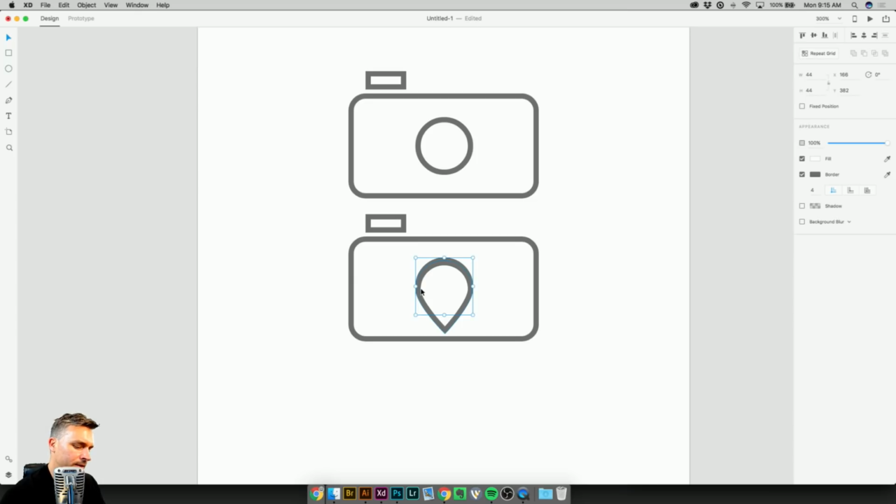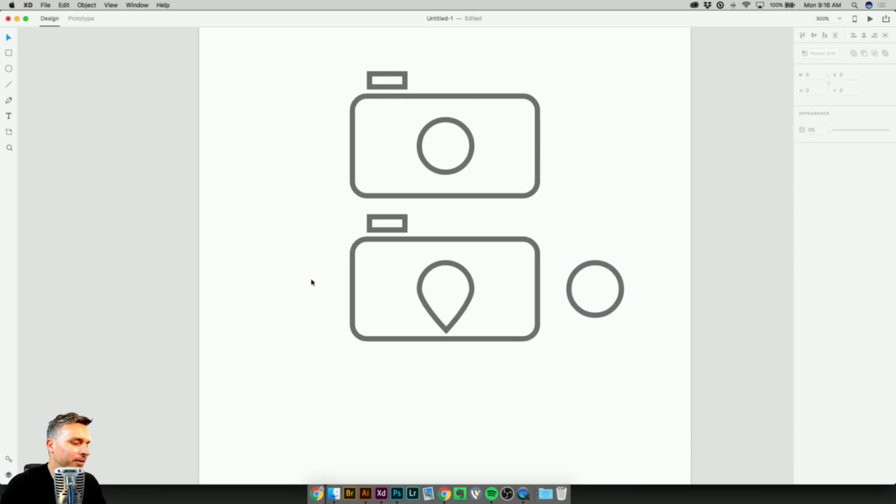Maybe, maybe not. How can we combine these two things? Is there a way to combine this location pin with a camera is what I'm thinking about. Ooh, geophoto. Oh, photo logo. This is good stuff. So again, just kind of start with some text. Text tool works exactly as expected. I can do geo